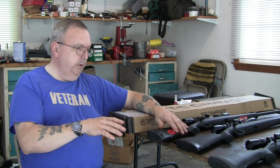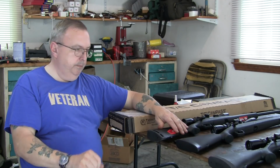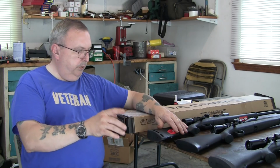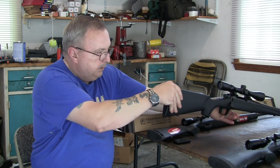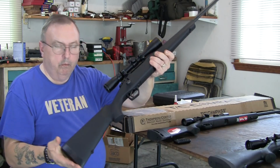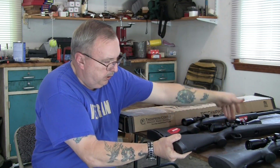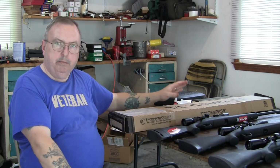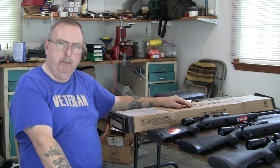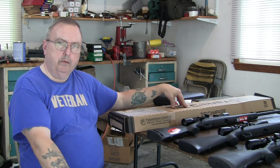My intent on doing a review is just, we're going to keep the price at $350 and below. The scope package, so the gun comes out of the box like these, with the scope mounted and ready to roll right when you get there. Now the only variation we're going to have is with the Thompson Center Compass. It does not come with a scope. They did make them at one time with a scope package or whatever, but I'll cover that when I go over the Thompson